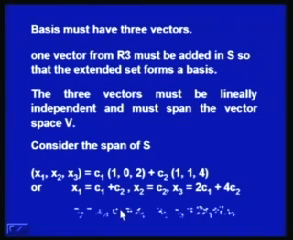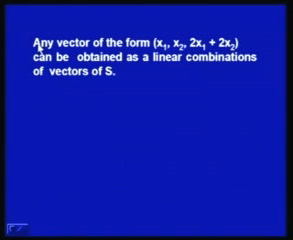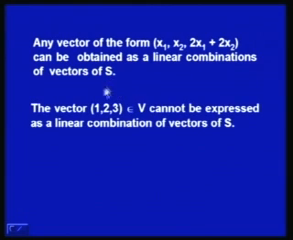If we solve these three equations, we will have C2 is equal to x2, C1 is equal to x1 minus x2, and x3 is equal to twice x1 plus twice x2. That means any vector of the form (x1, x2, 2x1 plus 2x2) can be obtained as a linear combination of vectors of S. Now, if I consider the vector (1,2,3), which clearly belongs to R3, then it cannot be expressed as a linear combination of vectors of S, because this vector is not in this form. x1 is 1, x2 is 2, but 2x1 plus 2x2 is not 3. That is why (1,2,3) does not belong to the span of S,